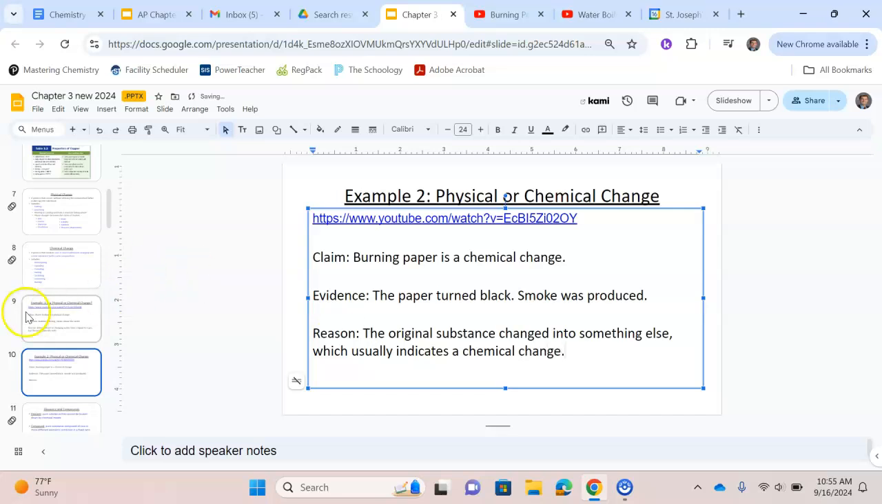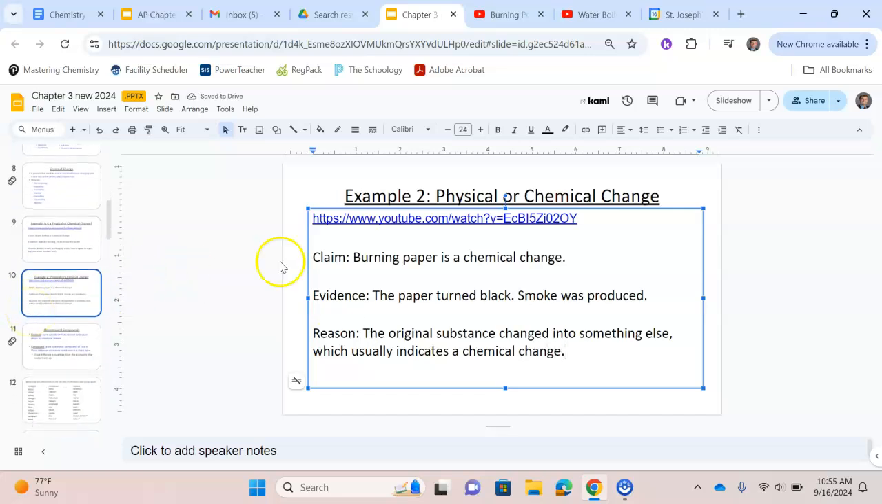It's not always easy to tell the difference between a physical and a chemical change, so you're often not 100% sure, but you want to be able to talk about what your evidence is and why you think that. And that's a little bit of the introduction to substances, physical change, and chemical